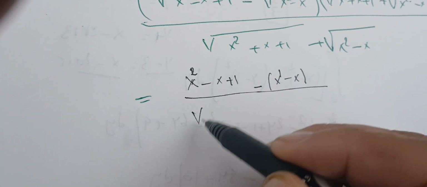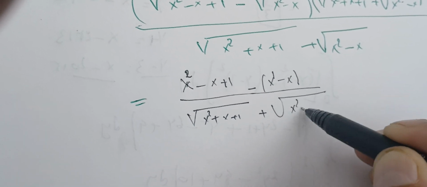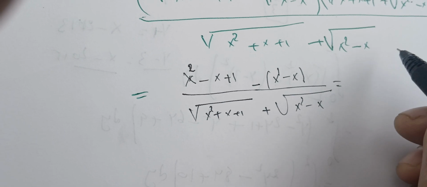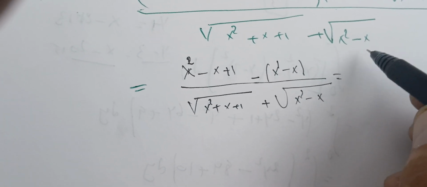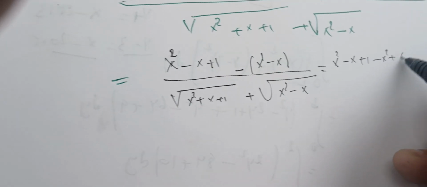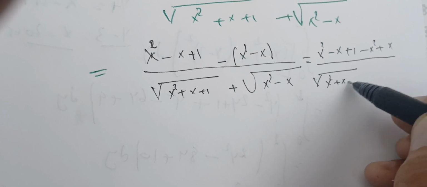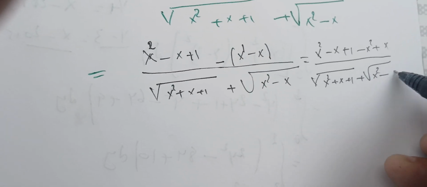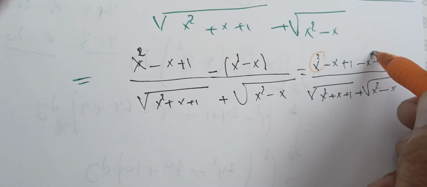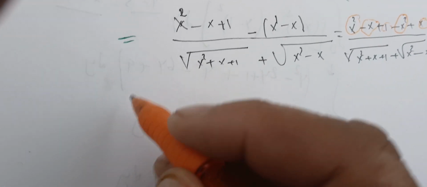Over the square root of x squared plus x plus 1 plus the square root of x squared minus x. On the top, if we expand, we get x squared minus x plus 1 minus x squared plus x, over the square root of x squared plus x plus 1 plus the square root of x squared minus x. Here we see that we can simplify. This one will go with this one, and this one will go with this one, and we have only one. So therefore, this limit here